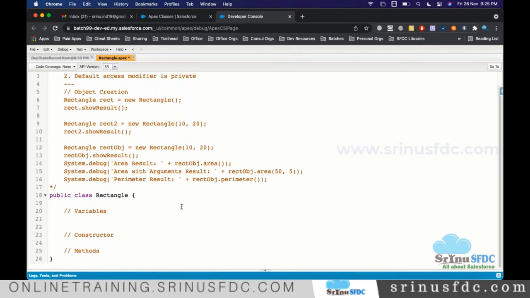So here, length and breadth are two numbers, so we need a decimal type. Why not integer? Because they also want to provide decimal digits as input. If you take an integer, it can only hold 10, 20, like that. I cannot give 10.5, 10.6.